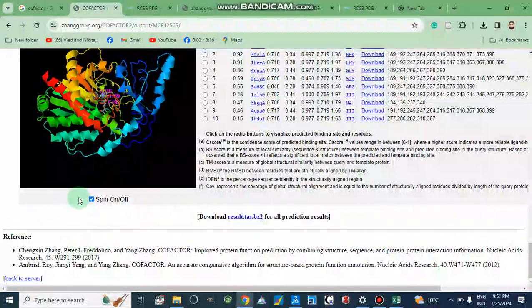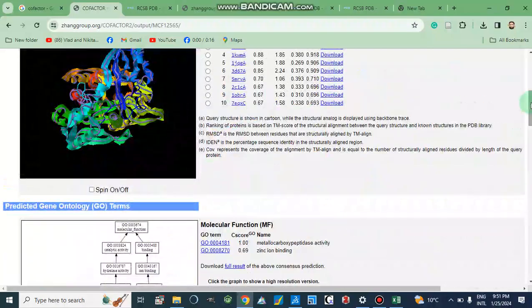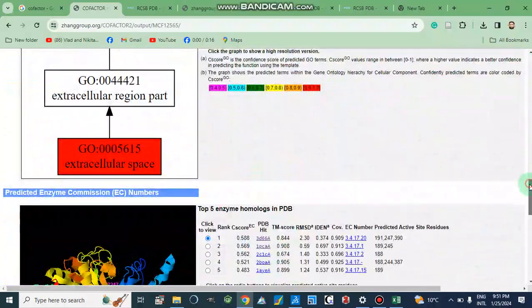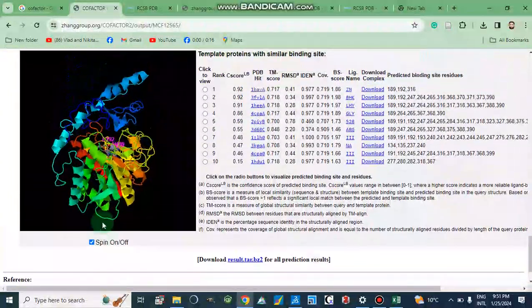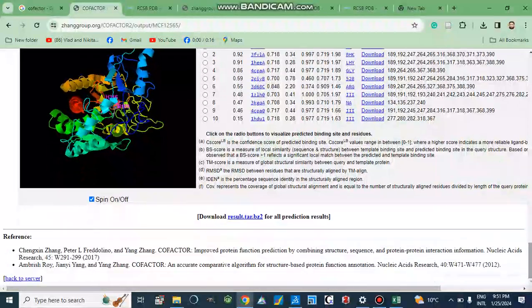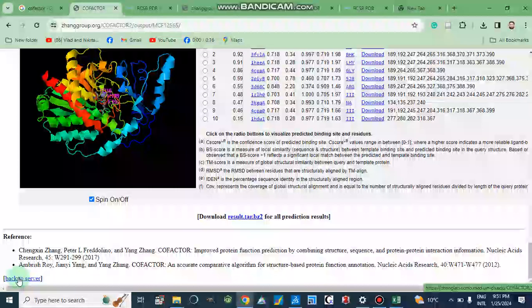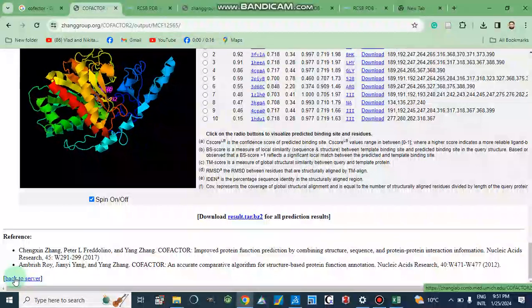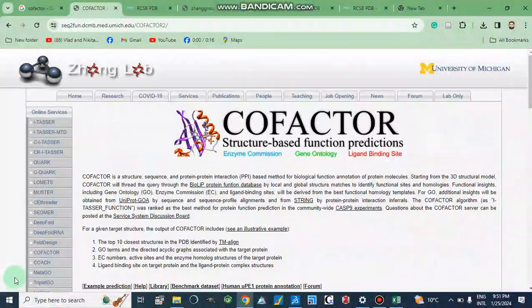After viewing all these results, we can go back to the server and submit our next query. From the top or bottom left corner, we can go back to the server. So this tool that we used and we discussed